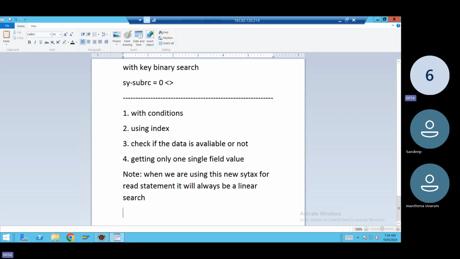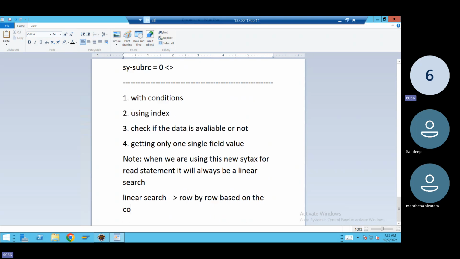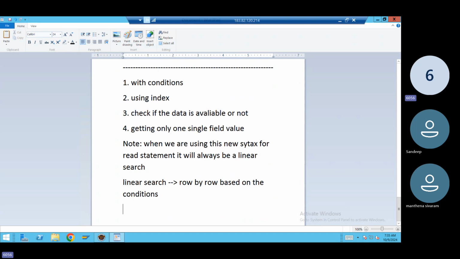Linear search is nothing but it will check row by row, based on your conditions. Whereas binary search,